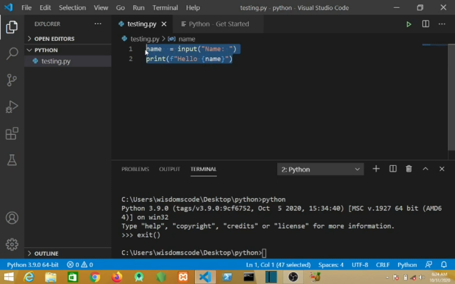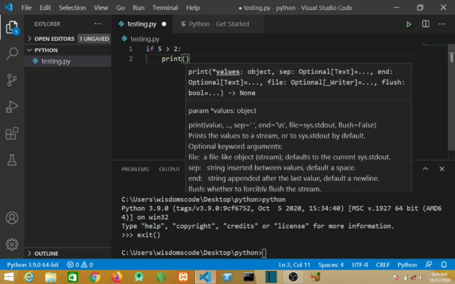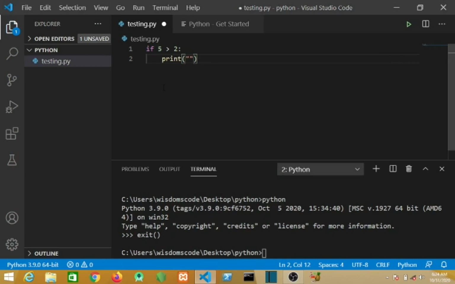I say, okay, let me write something like this. If 5 is greater than 2, take note of what I'm doing. If 5 is greater than 2, you see this indentation from here to here is how Python marks the next line of code, how it marks something that is dependent on the first line. Okay, print, let me say this, print 5 is greater